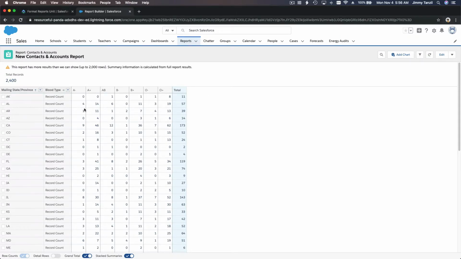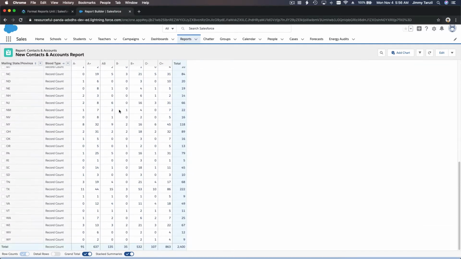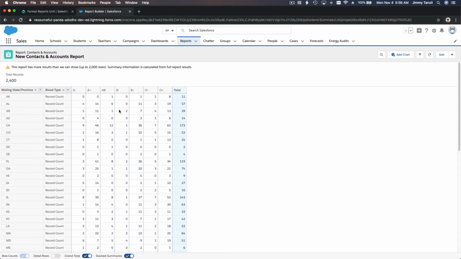So there you have it. For the blood type AB, we have 6 people or 6 donors. A positive, we have 14, right? So we have all this data. Now we can see better, but this is still cluttered, right? So I want to filter it a bit because